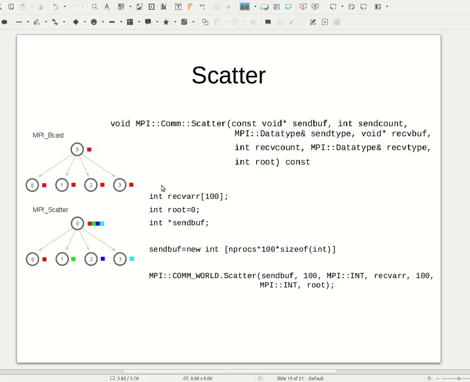So let's look at one example. That's the example code. The receive array is 100, so on each of the ranks, I have an integer array with 100 numbers. That's going to be our receive buffer. And then the root is going to be 0, and the send buff is going to be allocated on just the root rank, rank 0. Here it's allocating the total storage. On the root rank, we're going to allocate send buff, which is the total number of processes multiplied by 100,